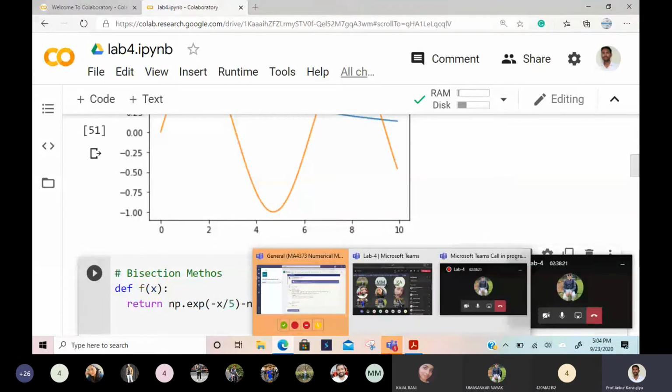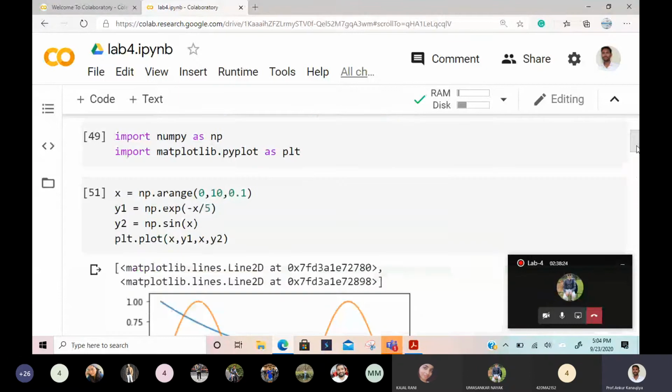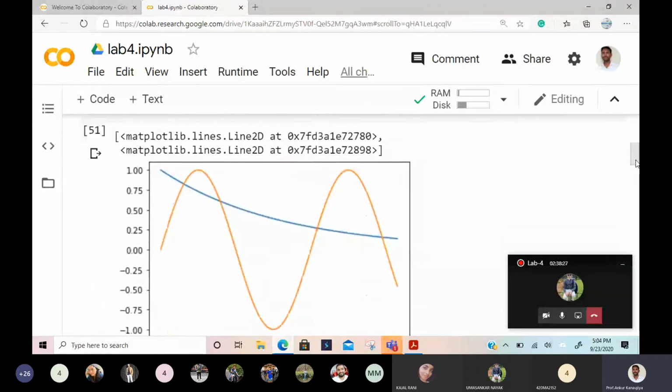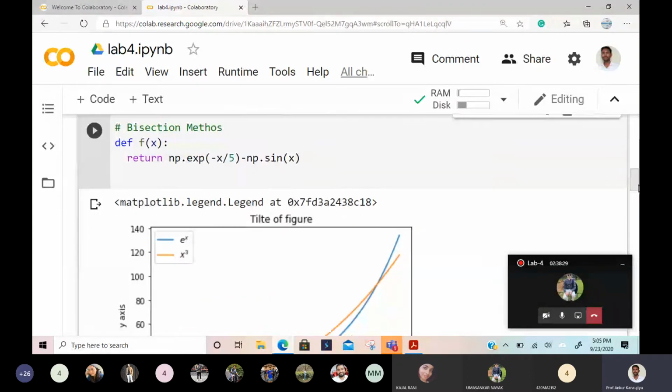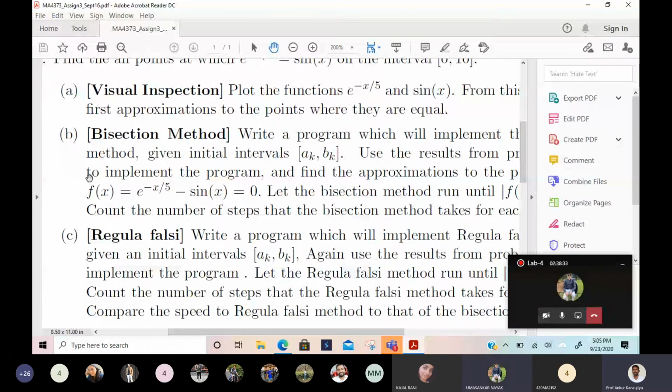See, I am doing the same thing. If you're plotting two functions, one side is e to the power minus x by 5 and the other side is this one. The same thing you have to do again. One side is f(x). Like I did, y3 is equal to exp of minus x by whatever, I'm just explaining. You are plotting one function equal to another function, and where the two functions cut, that will be the answer. One function is this one, another function is y equal to 0. You have to plot y equal to 0 and this one, and where both cut, that is the answer.